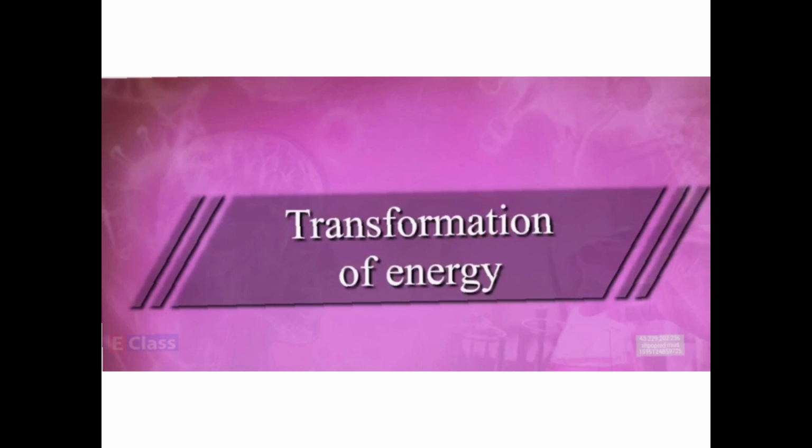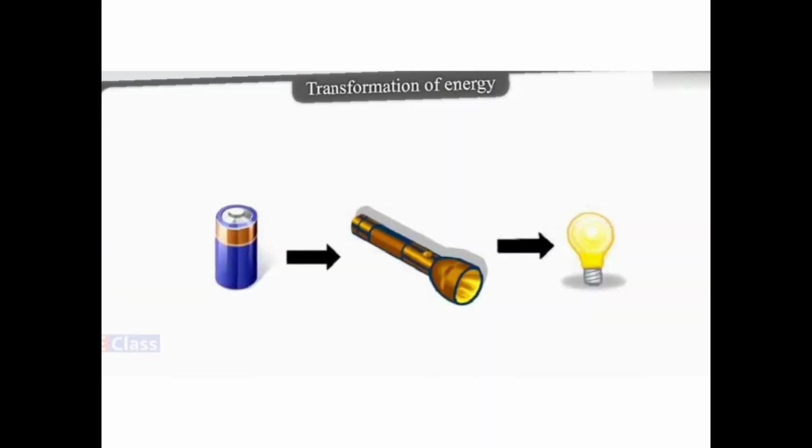Let us go towards the transformation of energy. Now, children, we know that we have the electrical supply. From that, we put the light on, we put the fan on, we iron the things, we put the geyser on, we put the AC on, we keep the mobile for charging, right? All these things we are doing. Electricity is also a type of energy only. But all types of energy, children, can be transferred from one form to another. So let us understand it.